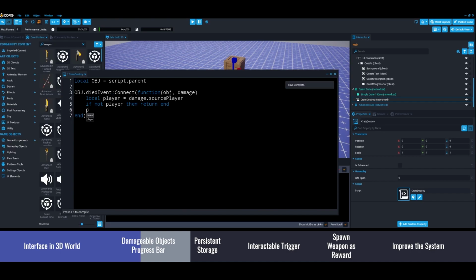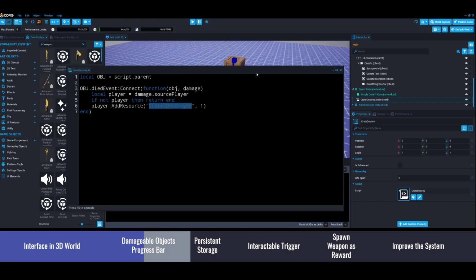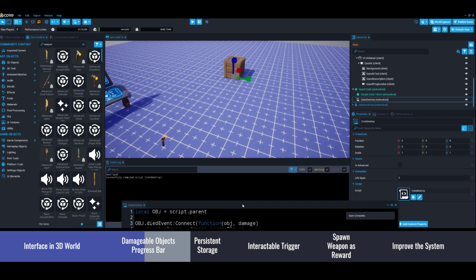And when it's destroyed, I want to add a resource called crates destroyed. And I'm going to add one to that resource that I'm calling crates destroyed. So it's just a count of how many crates have been destroyed. And yeah, I guess we can